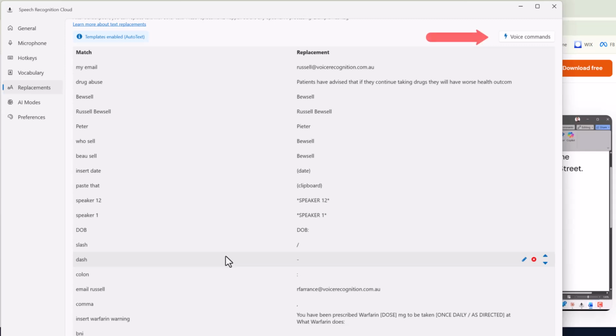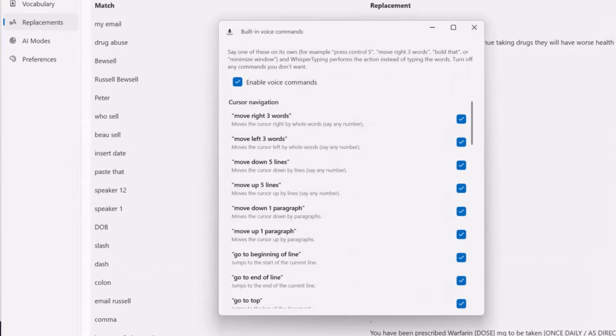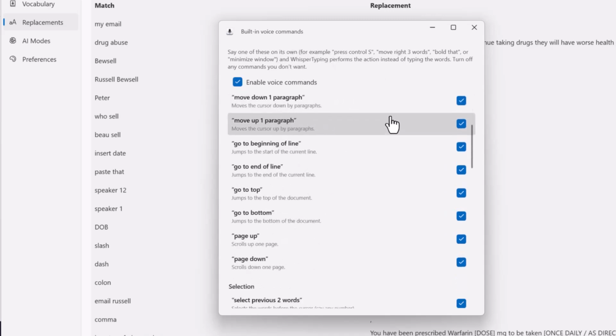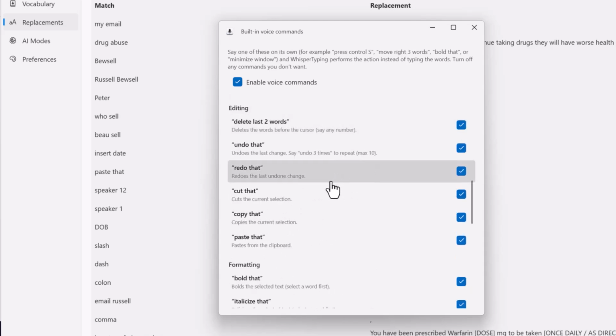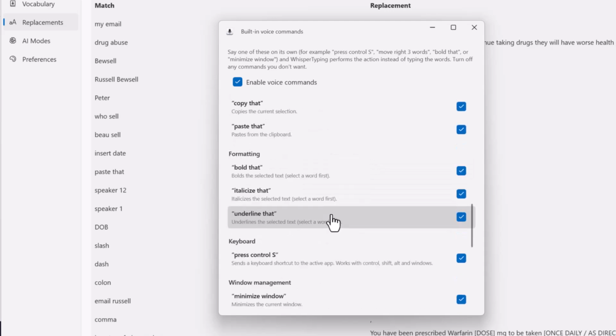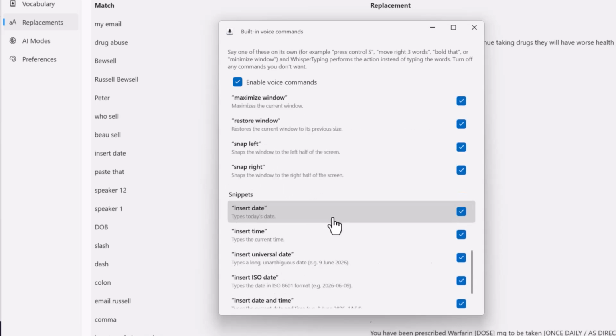Finally, select voice commands from the top right area of text replacements. Here you'll find commands for selecting, editing text, undoing changes, cutting, copying, pasting, moving about, similar to legacy dictation programs. We're adding functions all the time, and if you've got a suggestion, email us